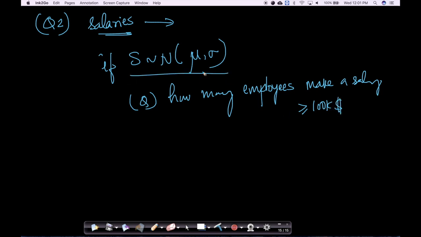If I know the distribution, if this is a big if here, if your salary S is Gaussian distributed